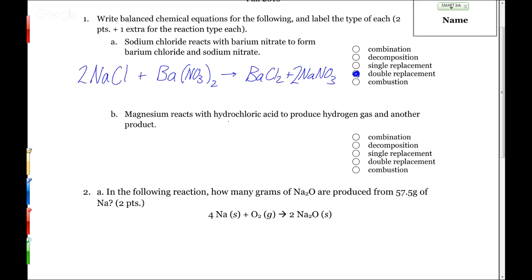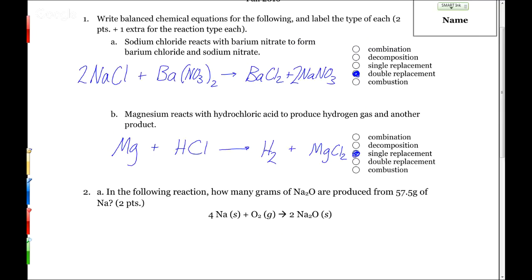All right, and then the next one, magnesium, which is Mg, reacts with hydrochloric acid, which is HCl, to produce hydrogen gas and another product. What's the other product? Yeah. MgCl2. Right, so it's a single replacement,